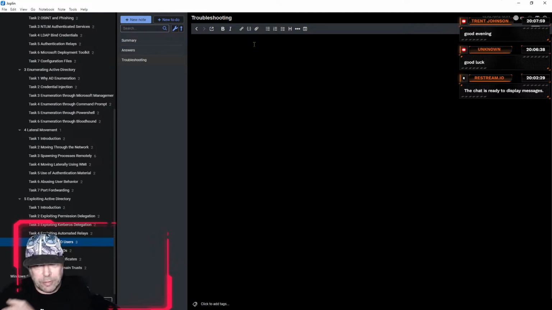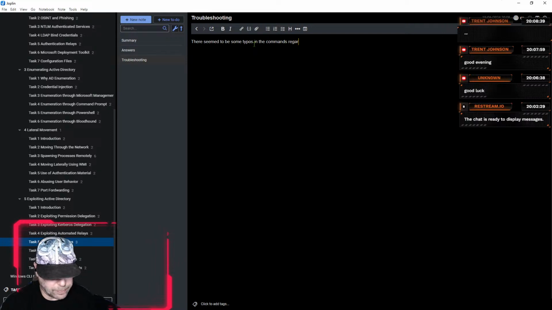Trent, we did finally get the flags after 4 hours of effort, and I'm listing out some of the problems we encountered. Number 1, I'll number these later. There seemed to be some typos in the commands regarding quotes and single quotes.